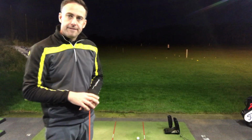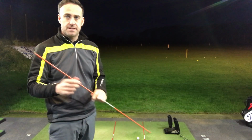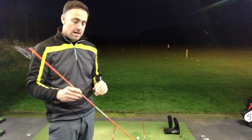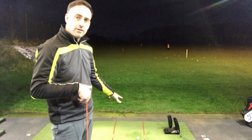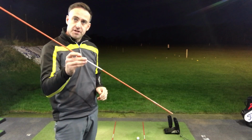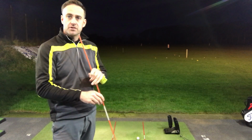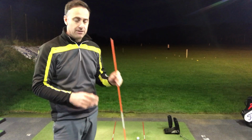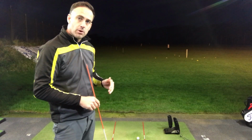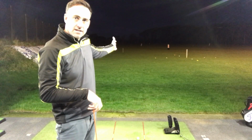So what we're going to do here first is put a couple of alignment sticks down. If you've got alignment sticks, these will help massively for this drill. Two alignment sticks down, parallel to a target, and then if you've got a chance of getting a third stick, I know most of these alignment sticks you buy in pairs, but you can use an old shaft or a cane or something like that, that'll just stick in the ground. We're going to put it about 5 or 6 yards out on the grass here,